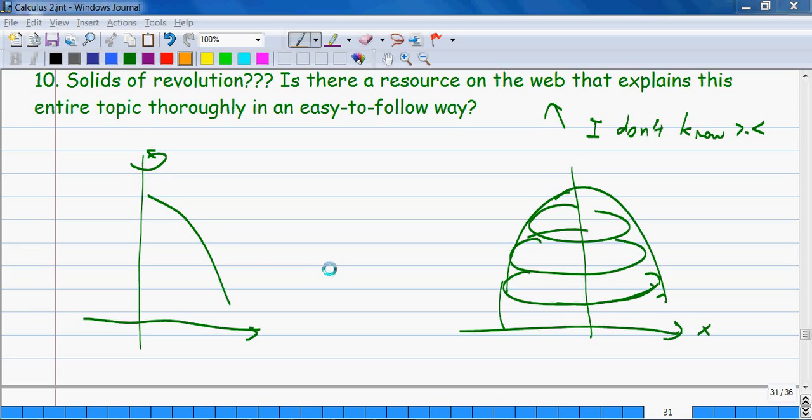So the thing is that I don't actually know a good website that explains this. So I will briefly talk about how to do solid of revolution. Basically, it's about when you have a curve like this, and you rotate it along an axis, and it gets to some three-dimensional